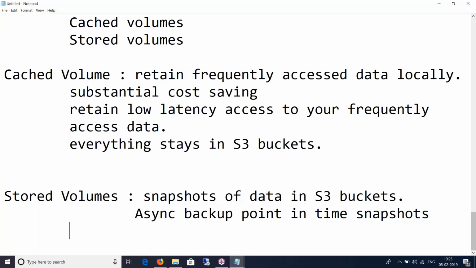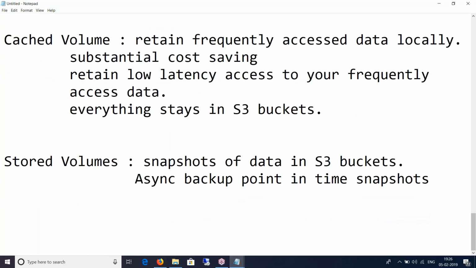For example, if you need a replacement capacity for disaster recovery, you can recover the backups to EC2. So in a stored volume architecture, you store the entire data on your premise and you asynchronously create point-in-time snapshots that are being backed up in S3 buckets. That's the difference between cached and stored.